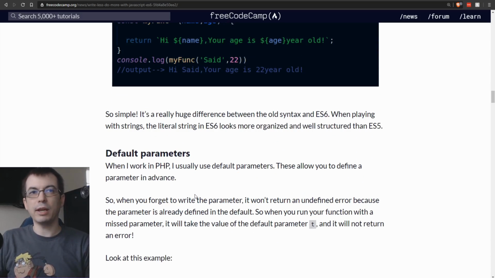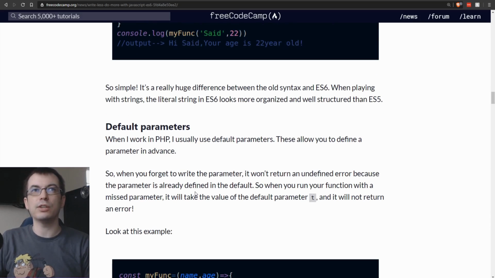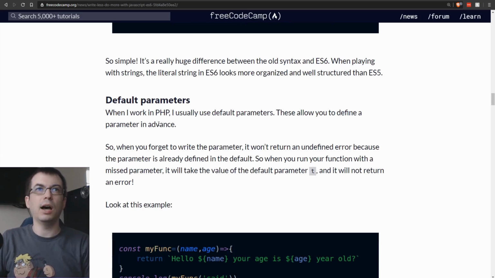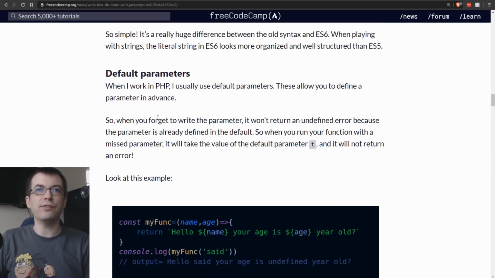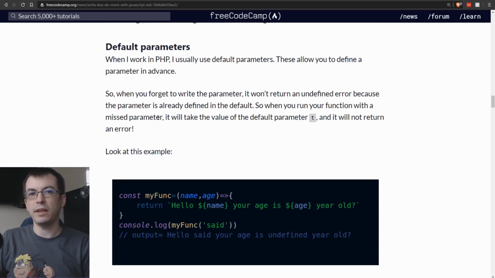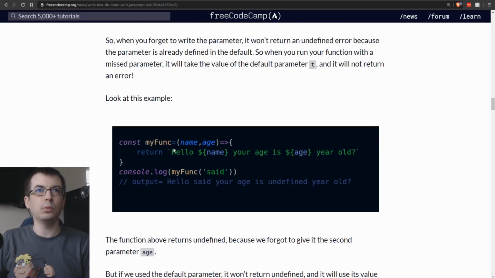So another big change in ES6 was the introduction of default parameters. Default parameters is really big. I experienced this as well in PHP. PHP was the language I started off in, and default parameters was great, in an object-oriented manner where you can basically make parameters optional. Here we have an example where they're creating a function with two parameters, name